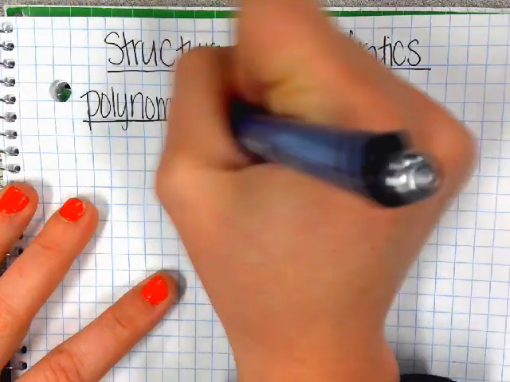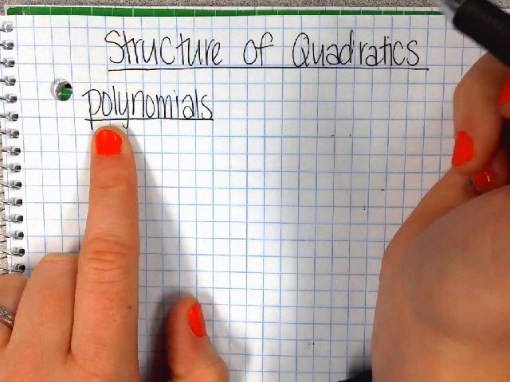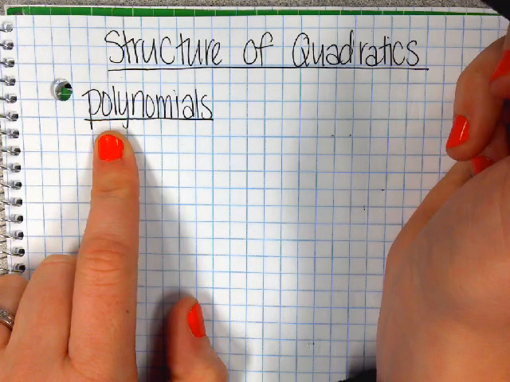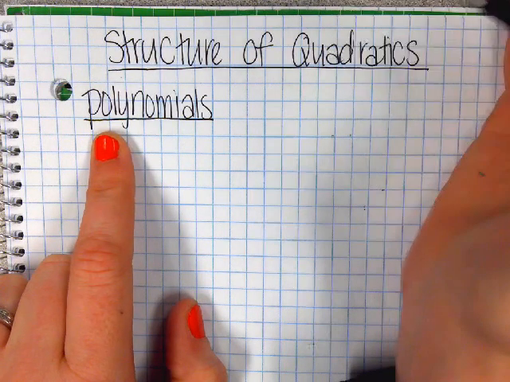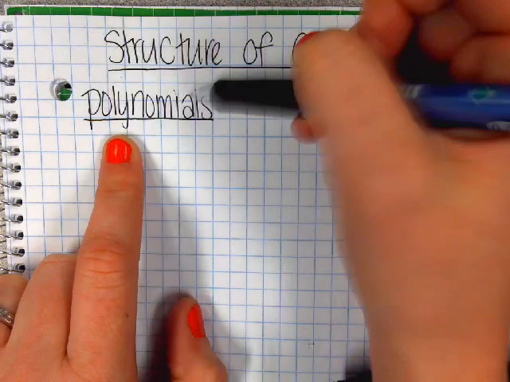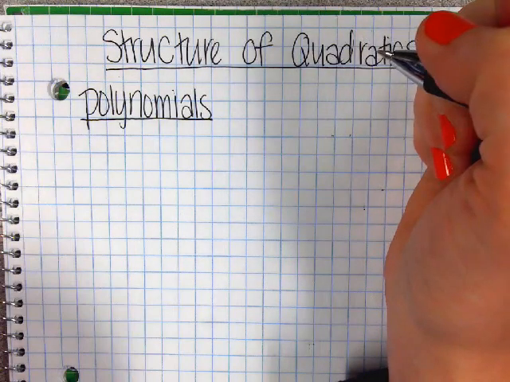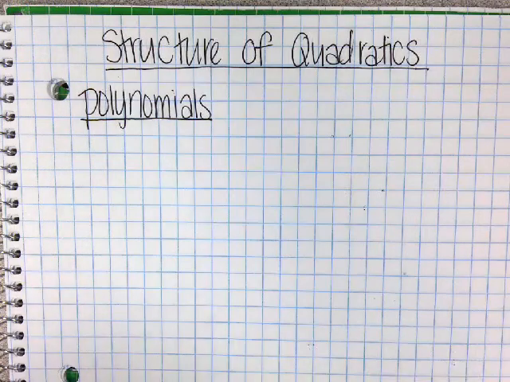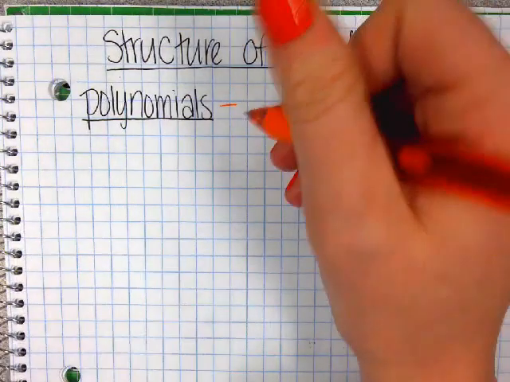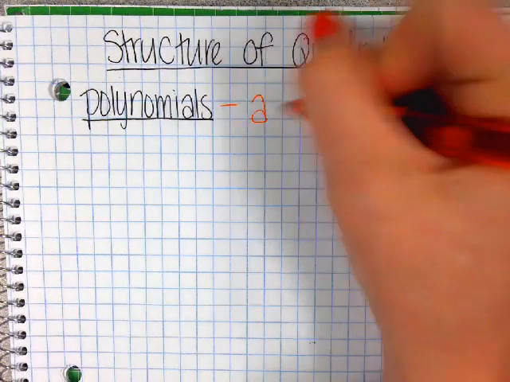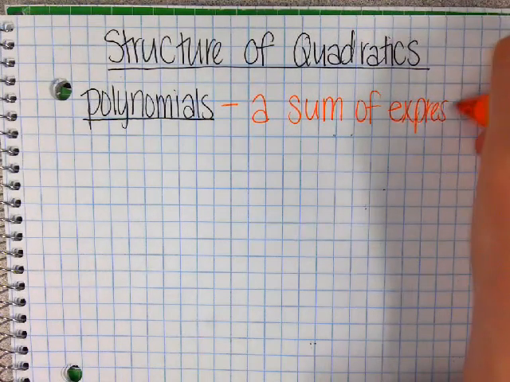Okay, so polynomials. What does the word poly, or that beginning part poly, make you think of? Polygons. Does anybody know what a polygon is? It's many sides, any number of sided figure. So a polynomial is just any number of expressions. So a polynomial is a sum of expressions